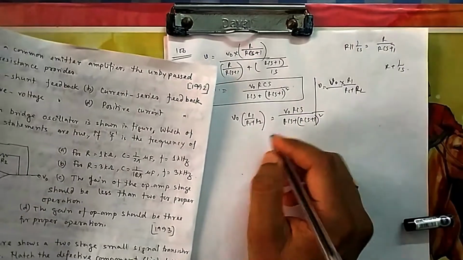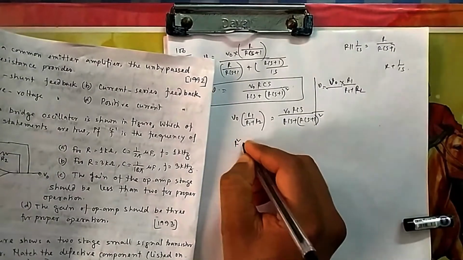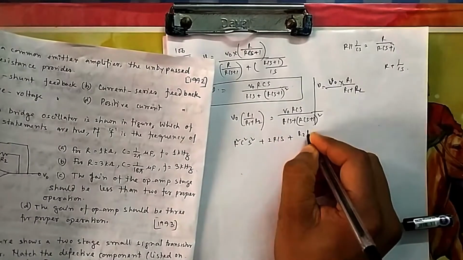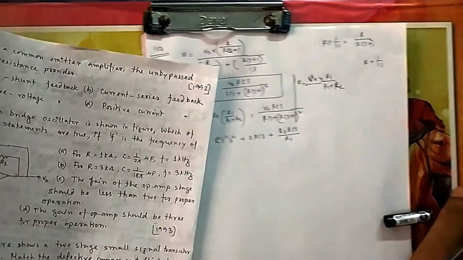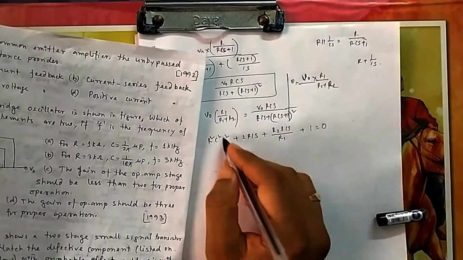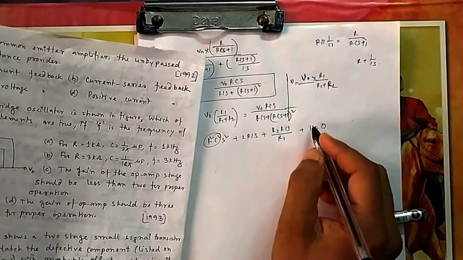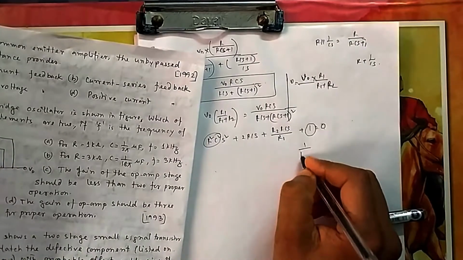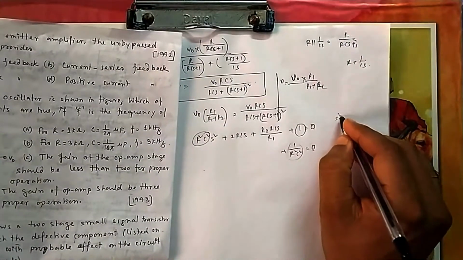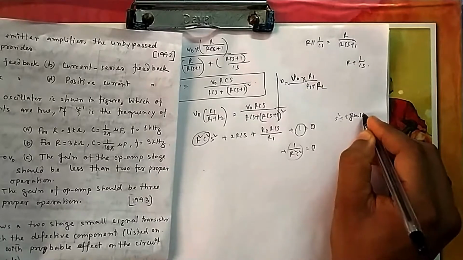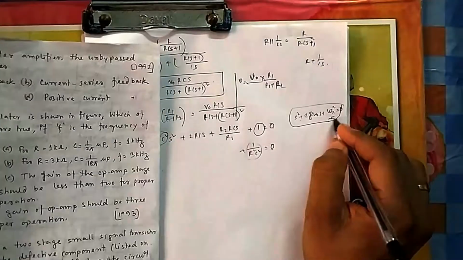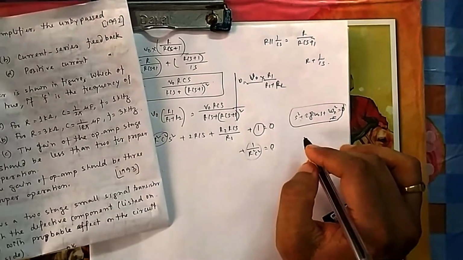So if you equate the two, cancel out and do some rearranging, you will find the equation, a differential equation of this fashion: S square plus (2 minus R2 by R1) times S over RC plus 1 by R square C square equals 0. It is a standard second order differential equation. If you divide it by R square C square, the constant term becomes your natural frequency, because the standard equation is S square plus 2 zeta omega n S plus omega n square, which gives you the natural frequency of oscillations, as you will find in control.